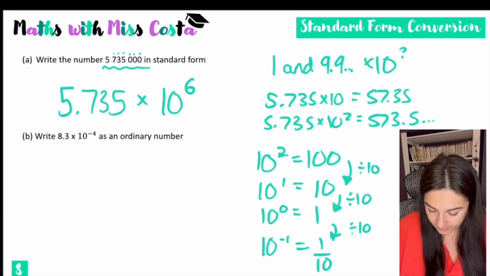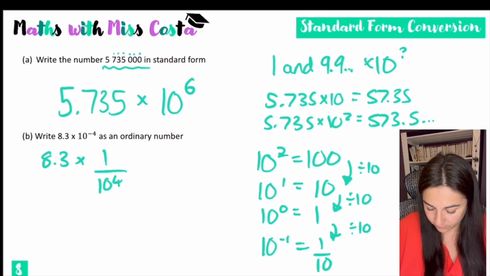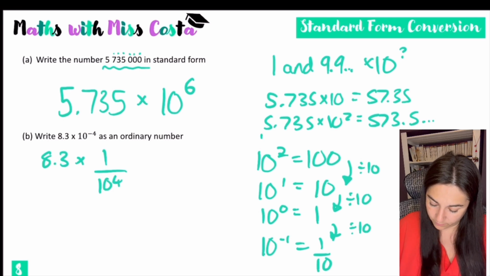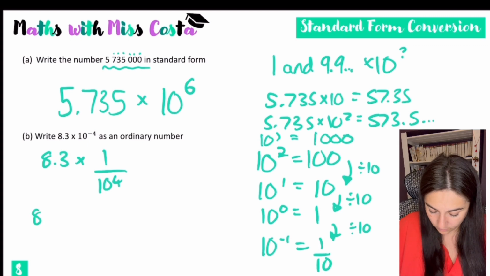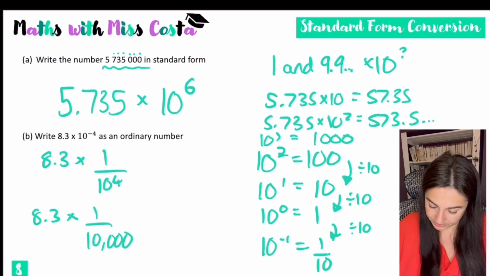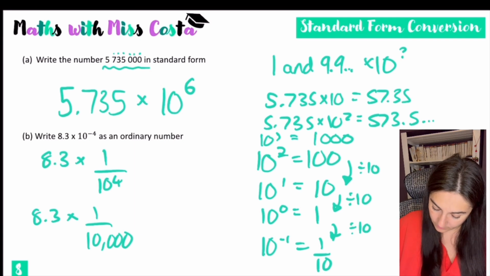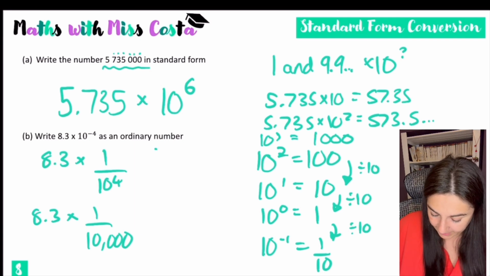So essentially, what that means is 8.3 times by 1 over 10 to the power of 4. What's 10 to the power of 4? Well, you know, 10 cubed is 1,000, so 10 to the power of 4 must be 10,000. How else could you write that? 1 over 10,000 is the same as